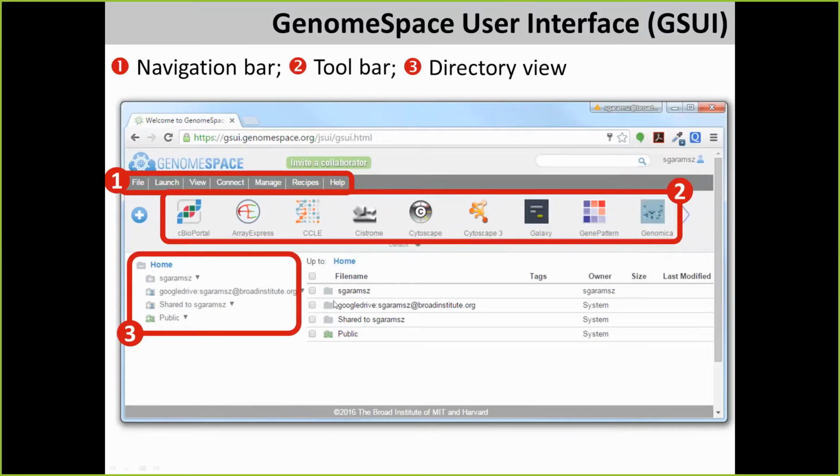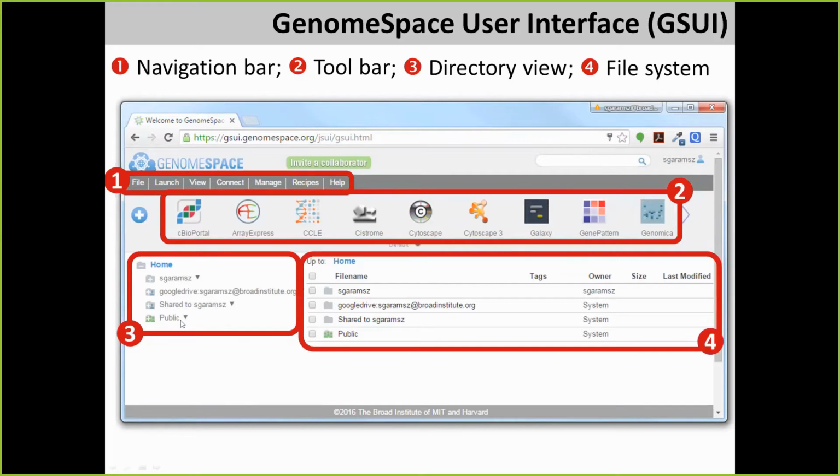You will also see a directory view, which is a directory of a user and the Google Drive account connected for that user, data that has been shared to that user, and public data. And finally, there's the file system view, which has components such as the actual files that you're looking at and your different folders. This will look very similar to the file explorers that you have on your own personal computers.